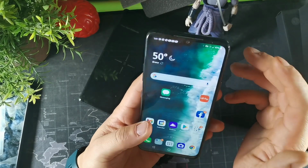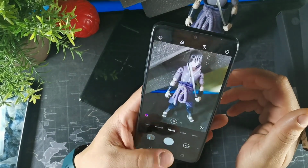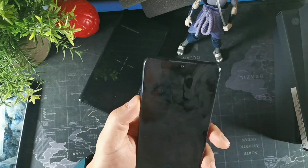So you're gonna get really advanced camera systems as well as good performance, wireless charging. The audio on here is crazy. The screen is great, decent battery,